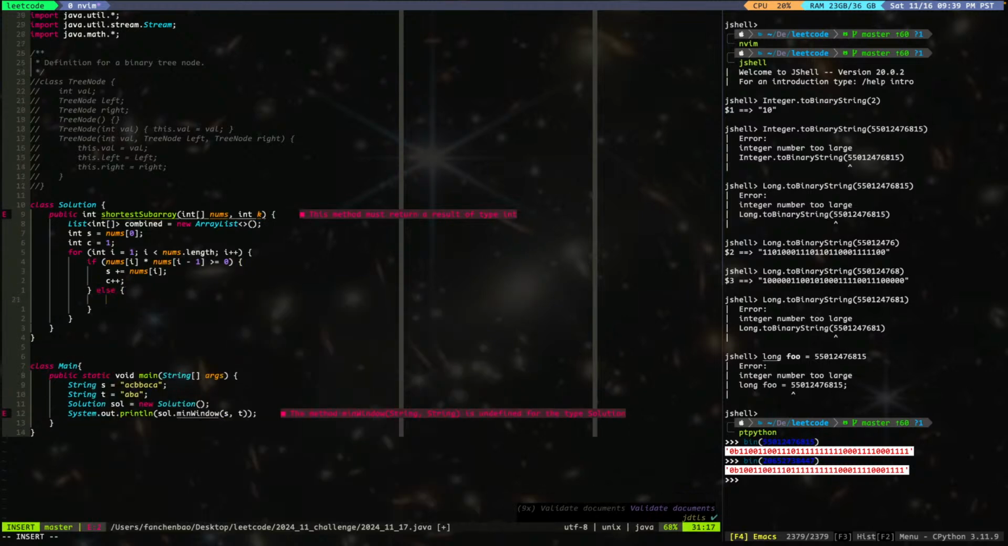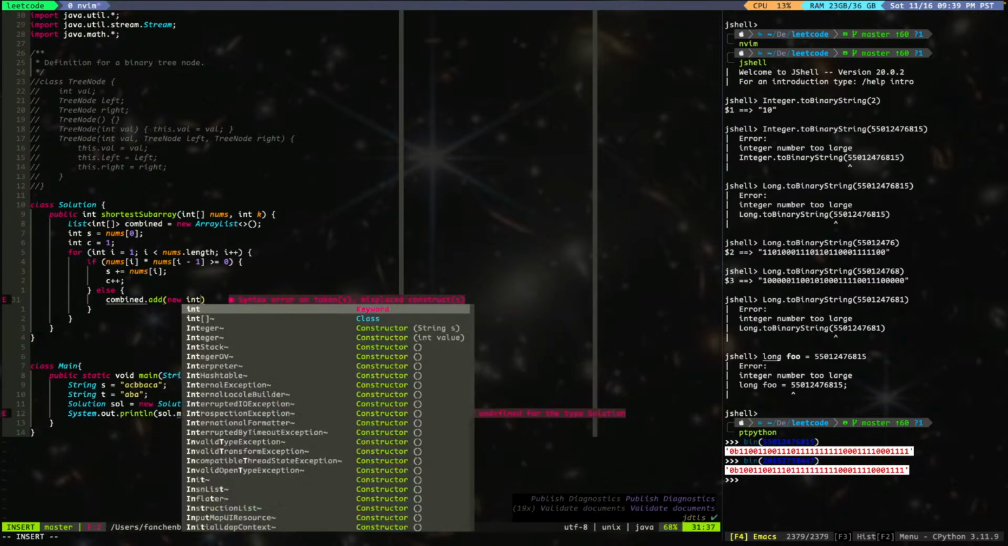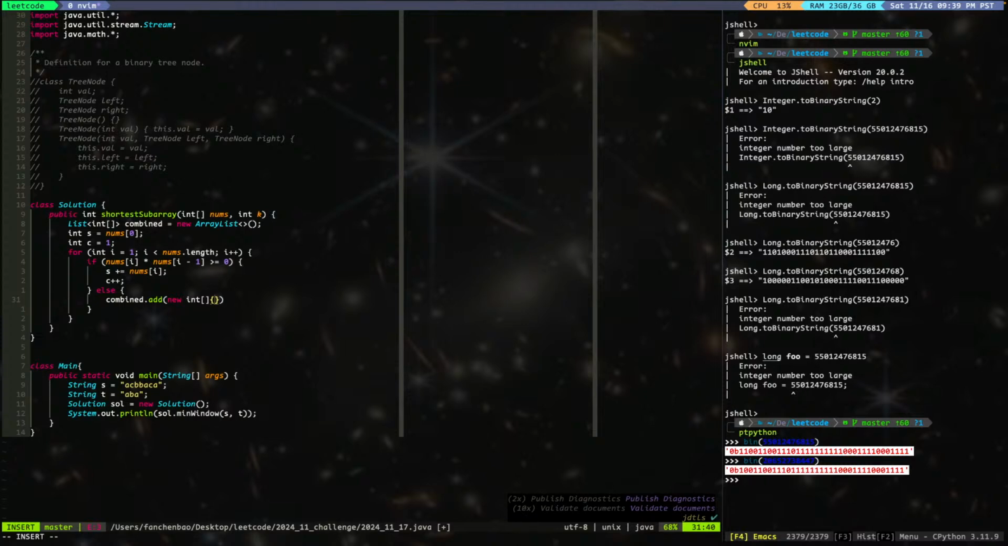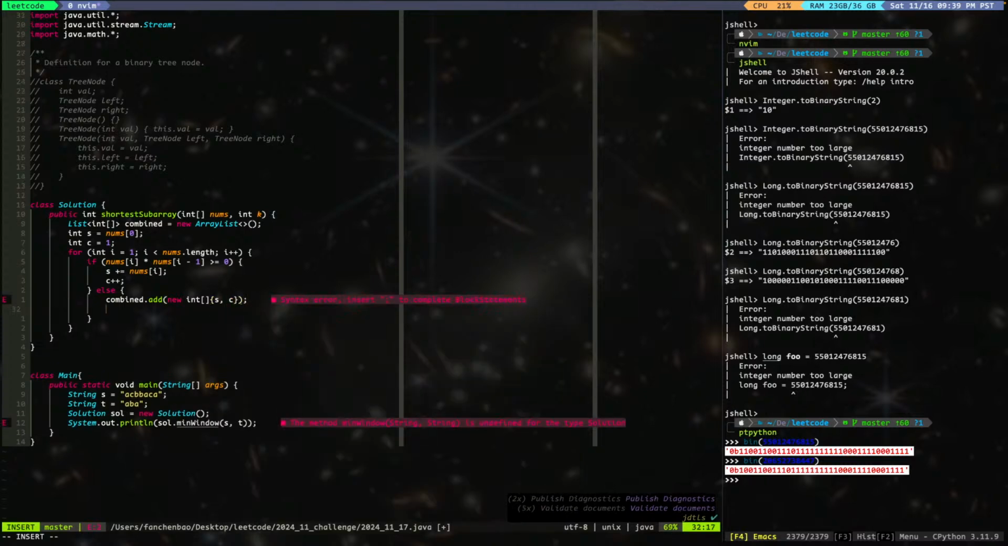Else, now if i and i minus 1 is not the same sign, okay, one is positive, the other is negative, or the other way around, then the previous one needs to be added into combine. We're going to say combine.add(new int[]). We need its sum and we need its count. Okay, once we've done that, what we're gonna do is